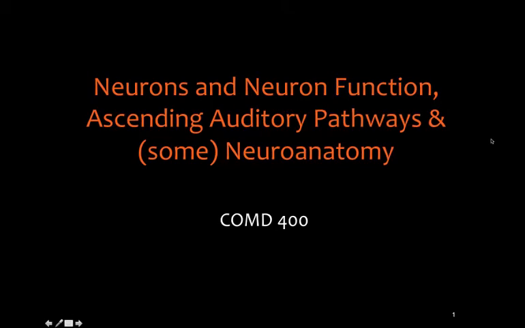This is ComD 400, Lecture 7. Lecture 7 deals with the auditory neuron and with the auditory pathway. That is to say, how do we get information out of the inner ear and up to your central nervous system and your brain for processing and for our ability to interact with the environment, with the acoustic information that's